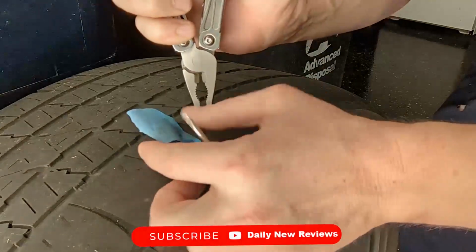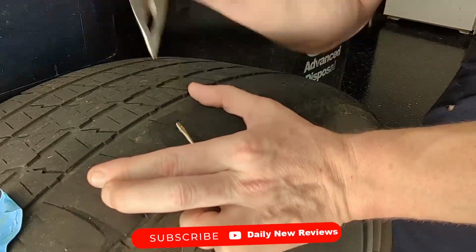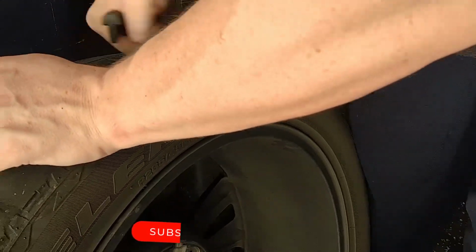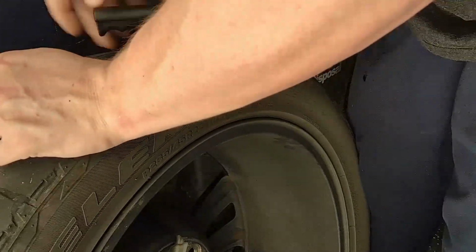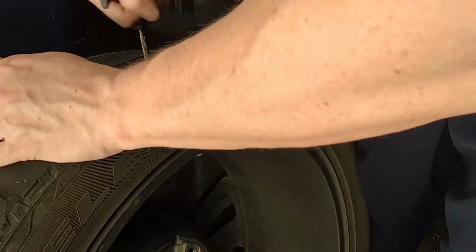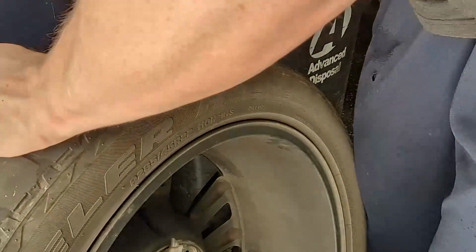Once you pull the nail or whatever is in the tire, then all you gotta do is take the poker that comes with this kit, and it's serrated, and you're just gonna jam it in that hole and dig it in and pull it out and really ream out that hole and kind of make it a little bit bigger, just enough because the next piece of equipment that comes with this, it's a two-part system, is gonna be